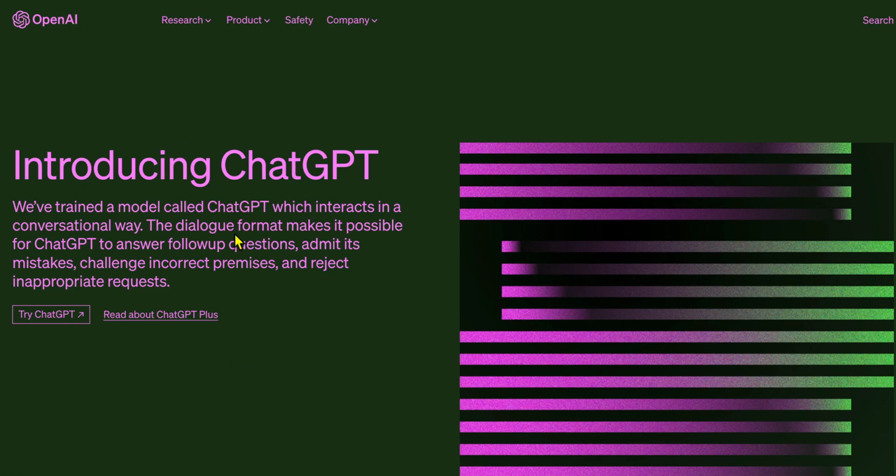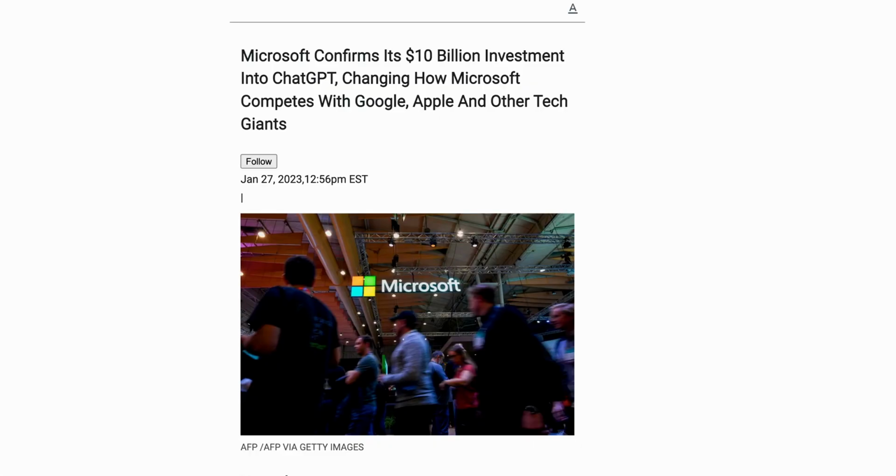So of course ChatGPT has been in the news heavily of late, stemming from Microsoft putting huge investment into OpenAI, the developers of ChatGPT. We're now starting to see this conversational AI integrated into its search engine Bing, into its browser.